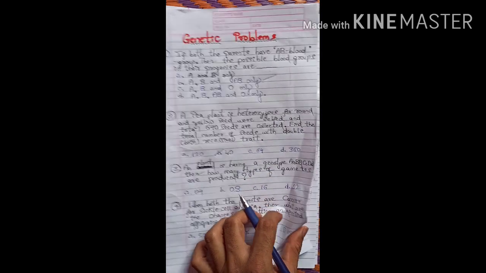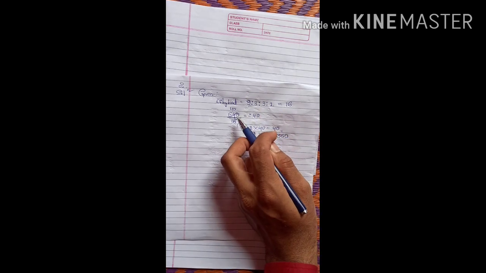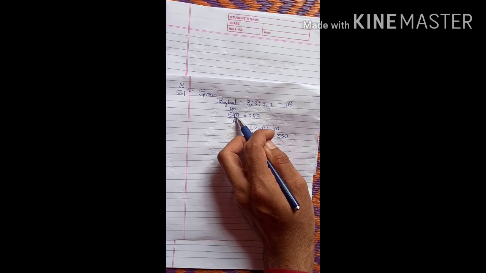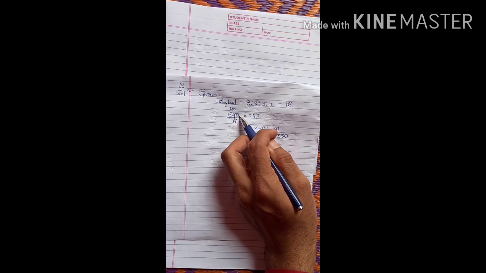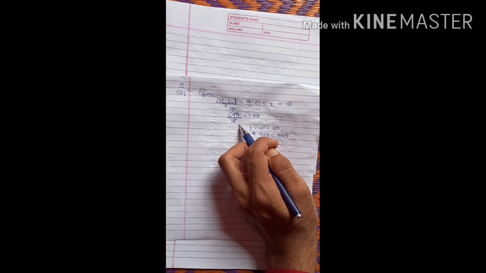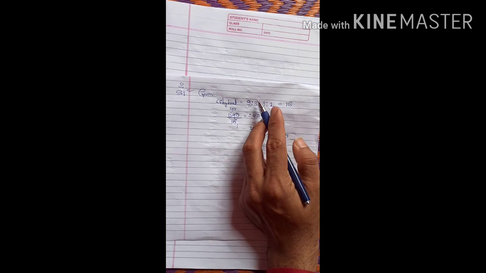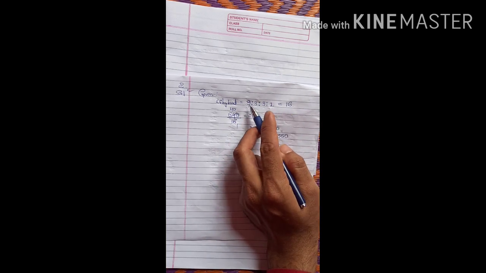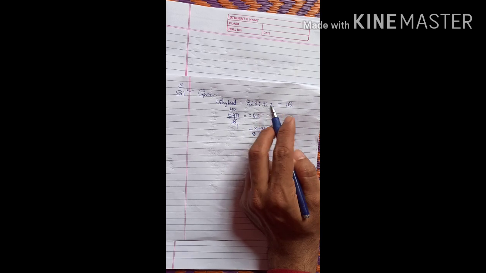Okay, so just remember, first we have to know the Mendelian ratio, then divide by the given total number. Suppose they may give you 800, or they may give 160. Whatever total number of seeds they give, you have to divide it by 16, then multiply with the ratio number which is asked in the question.